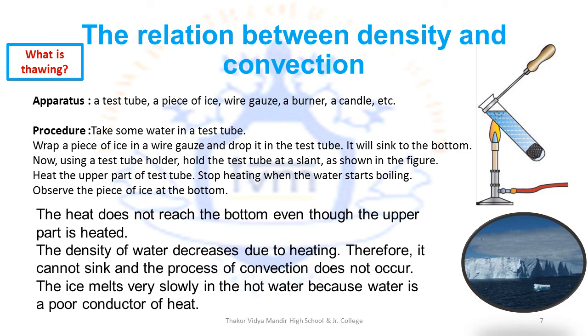Now in icebergs, in cold regions and in frozen lakes, we observe density very heavily. How is this concept so easy to understand? It's because we can see that the ice is floating on the water. Simply by observing that ice, the solid state of water, floats on water, we can easily conclude that ice is less dense than water, and that is why icebergs float on water. What else you can do is find out what the process of thawing is and how it takes place.